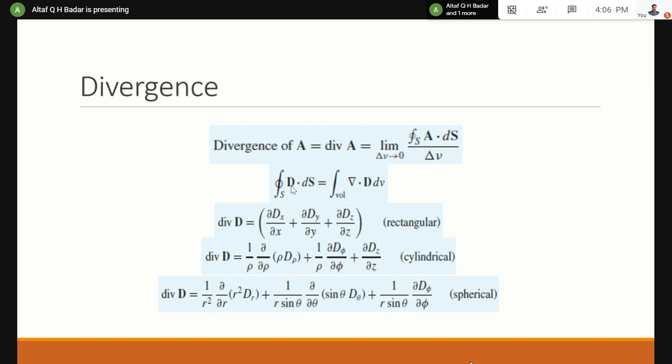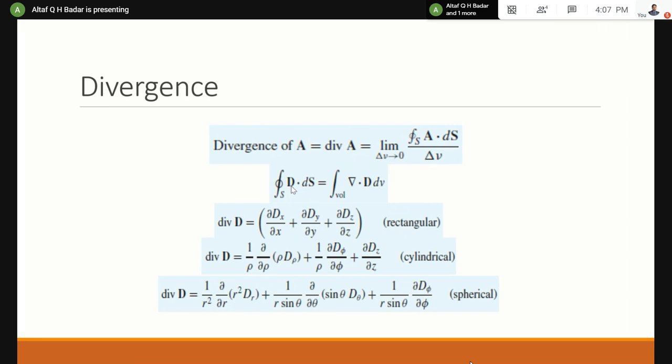Then the other part is, why do we basically apply the divergence theorem? This question should come up in your mind, and you will get a beautiful answer if you really ponder over it and understand where divergence is being used. Anyways, let me put in certain points here which are very important. The first point: a positive divergence of a vector indicates a source, whereas a negative divergence indicates a sink. Sink means where the lines are converging.